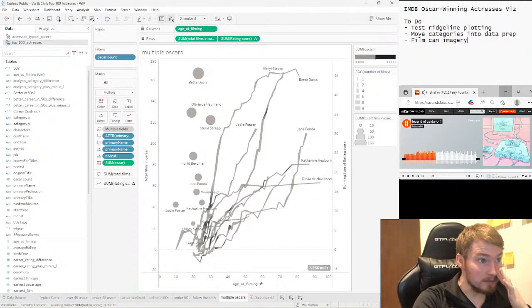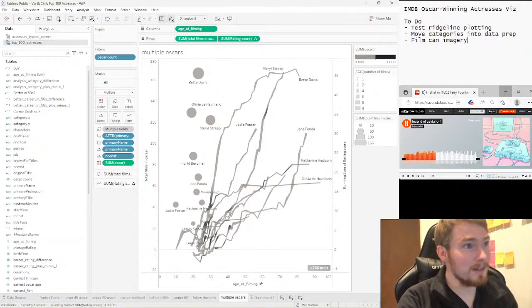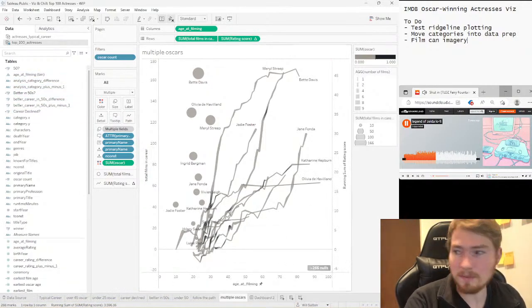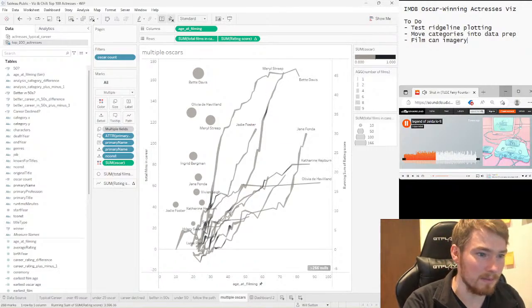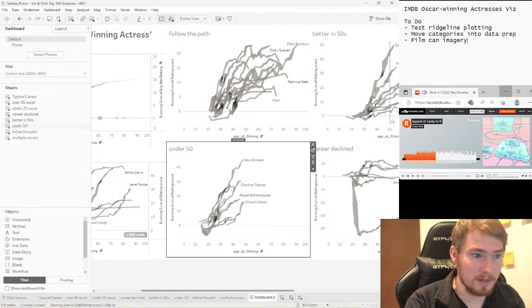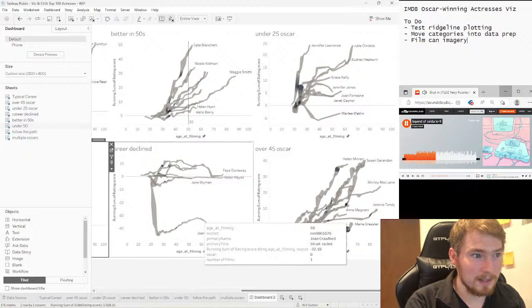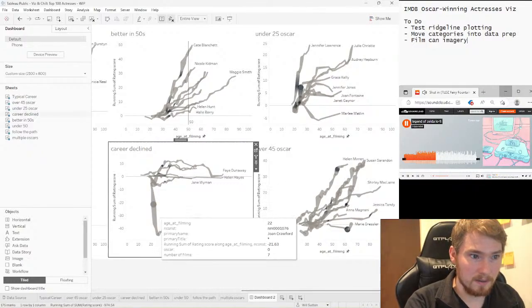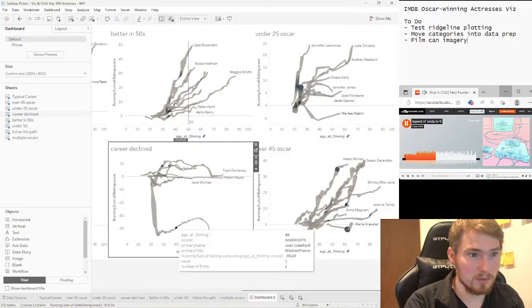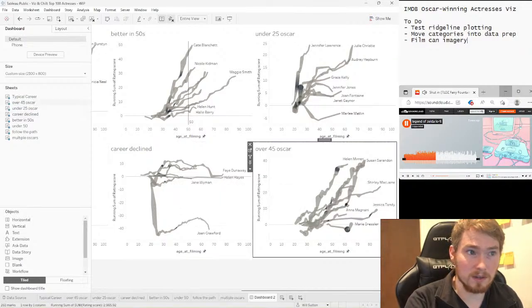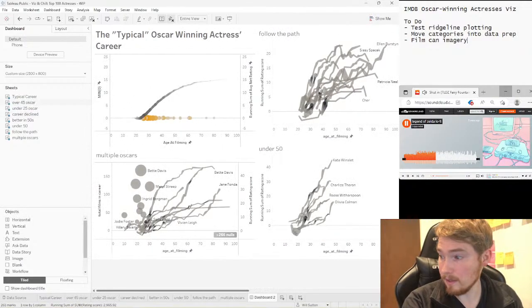It's been a bit of a while getting back to this one, but we've got our data set and prepped, so now we can start tackling some of these ridgeline plots and things like that next time. But yeah, join me in the next one. We will keep working through this. We will get to something at the end, and we'll decide on how we want to rate these different actresses, how Joan Crawford's career compares. But I still think these are very visually interesting. So anyway, I'm going to leave it there.